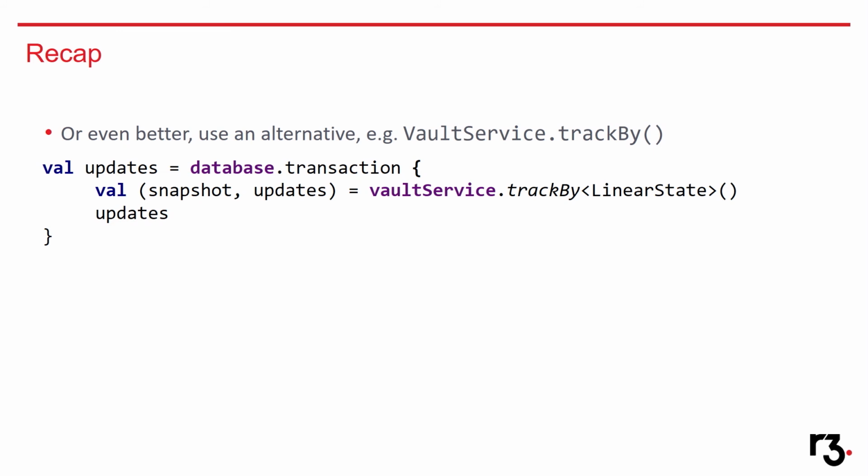A better alternative to raw vault observers is, for example, using the track by on the vault, which gives you a similar feed of transactions, but after they have actually been committed. So if you don't have to actually interact with the transaction before it's committed, so you get an atomic commit with your custom stuff and the transaction, which is difficult anyway, it's probably better to use something that is safe because it runs after commit. So even if it explodes, it doesn't threaten integrity because the ledger is